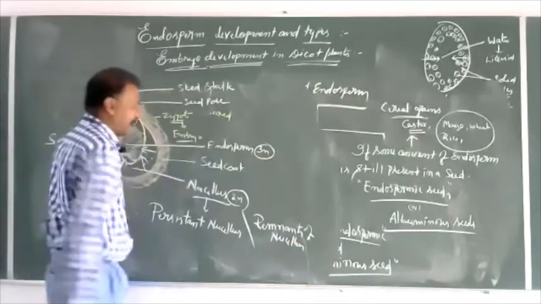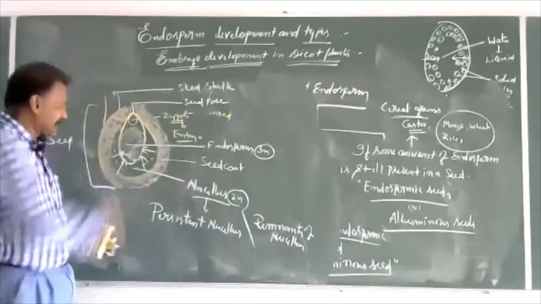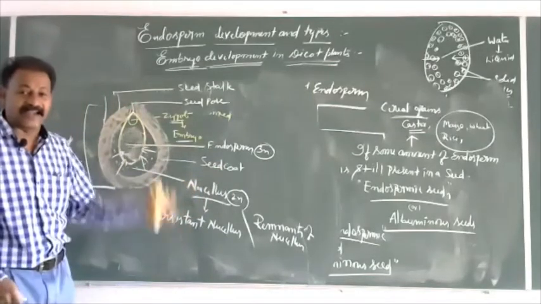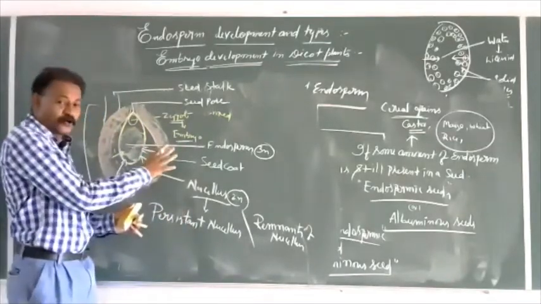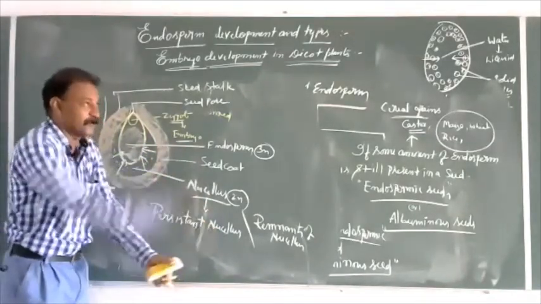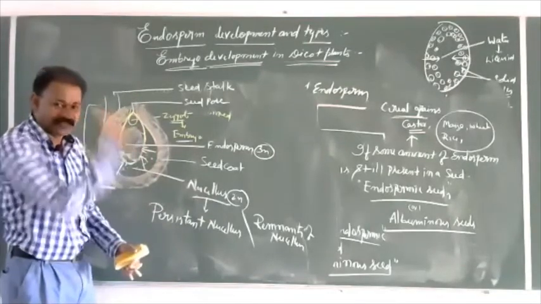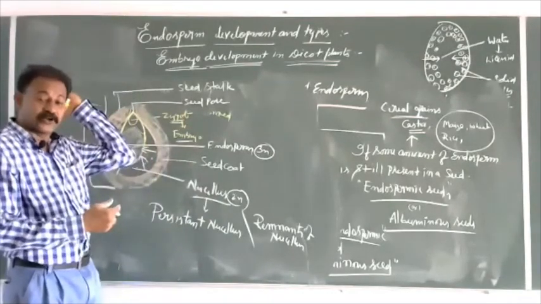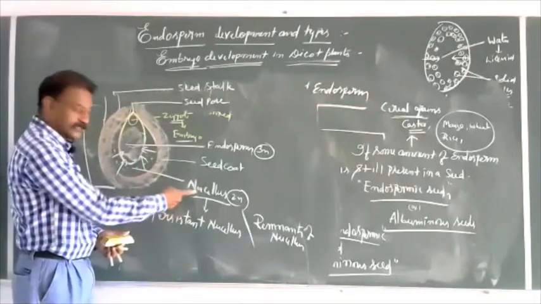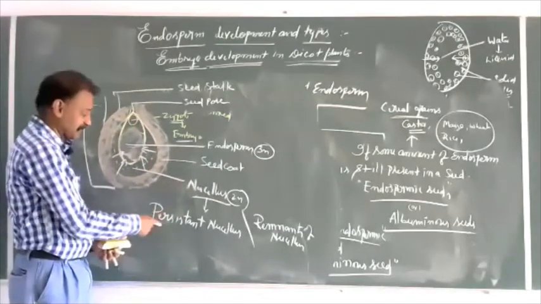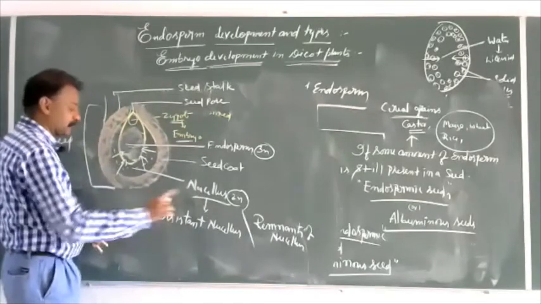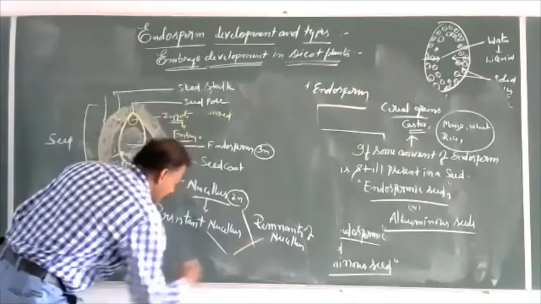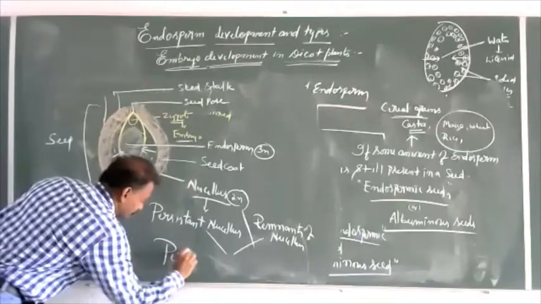What is the tissue present in the seed that is diploid and is a representative of the earlier generation? The seed is going to drop in the soil and develop into a new plant, a new generation. So what tissue of the old generation is present? Nucellus, which is of the old generation: persistent nucellus, remnants of nucellus, which are called perisperm.